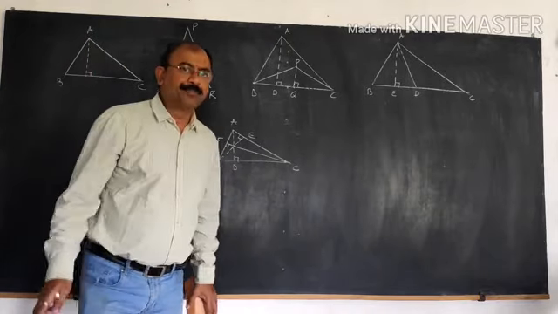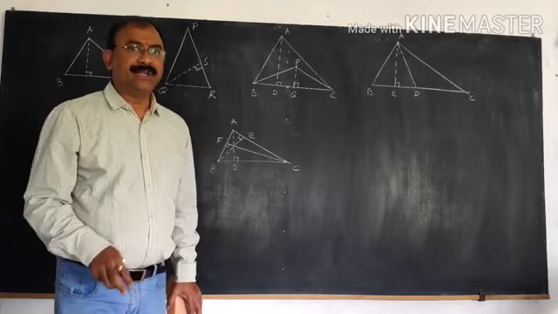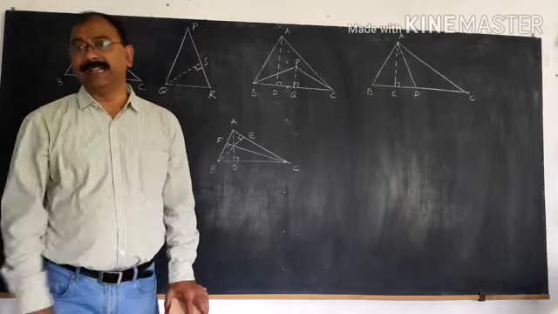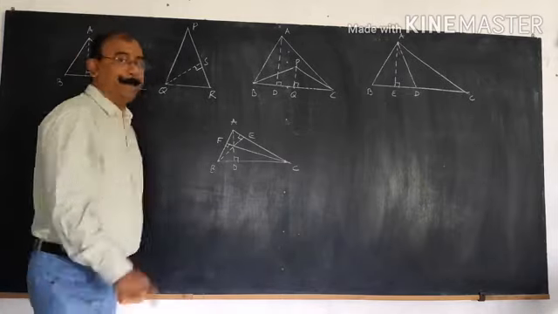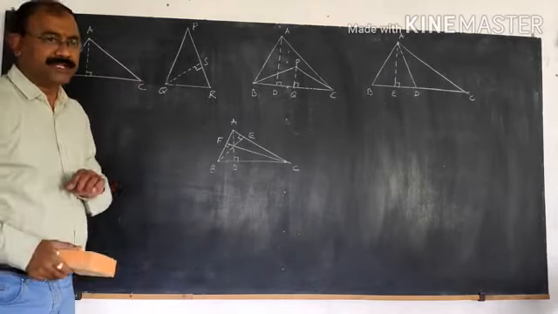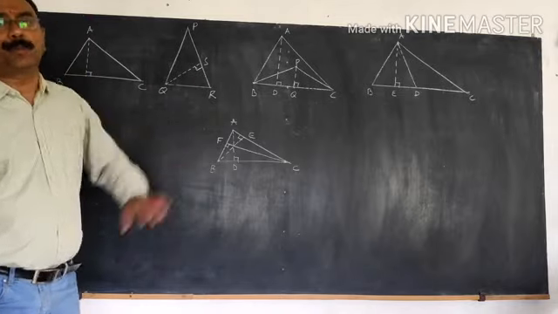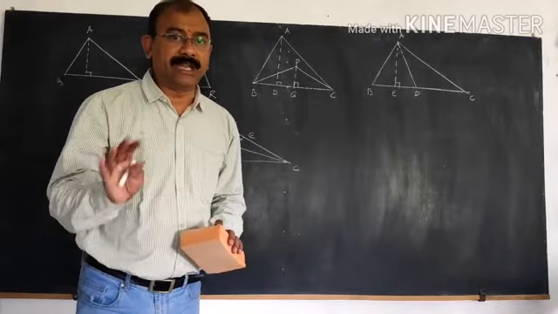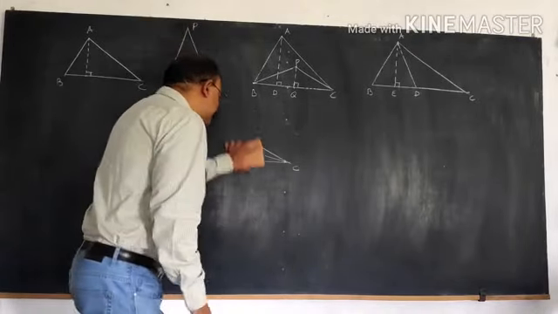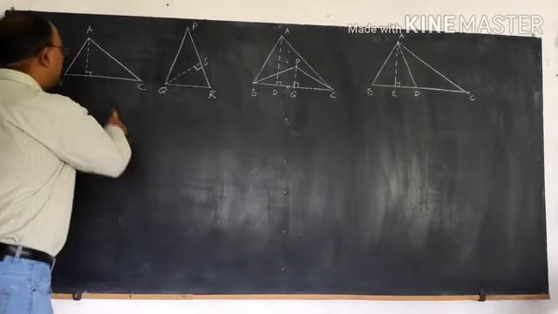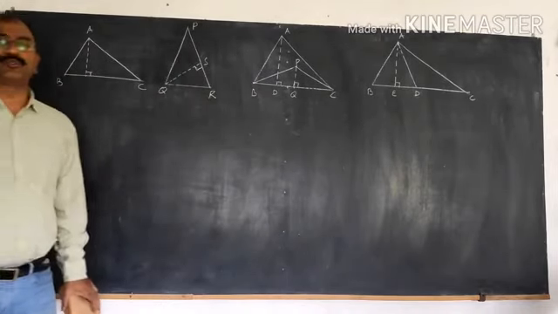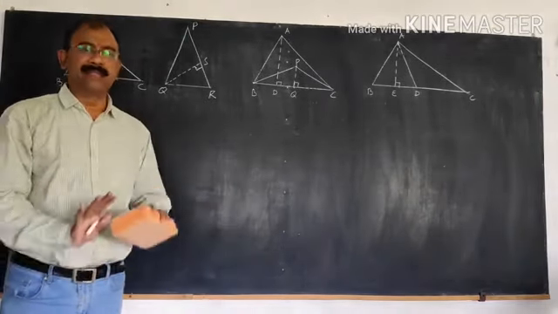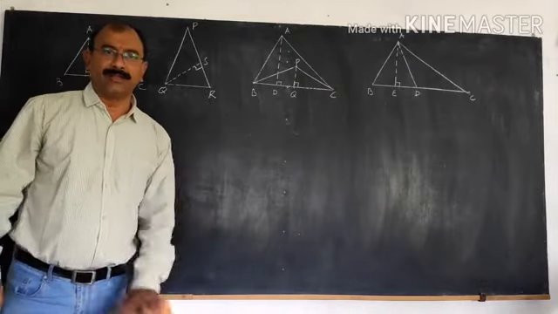So in this way, every triangle has three pairs of base and height. Is that clear? Three pairs of base and height. And we are going to use this information to understand the three properties which are given on page number 4 of your geometry textbook. Let us start. Here I have drawn two different triangles. You can take any type of triangles. There is no condition on the triangles to be taken.